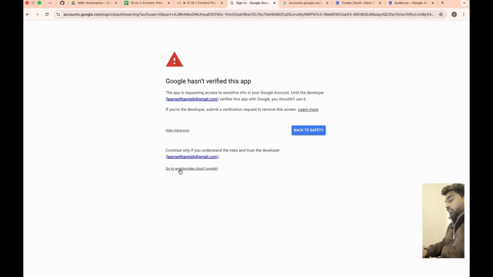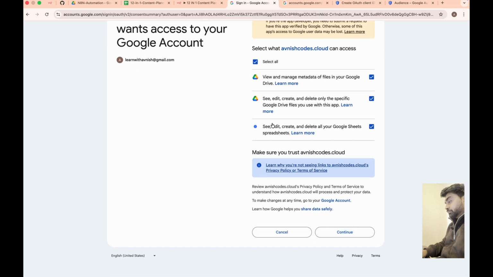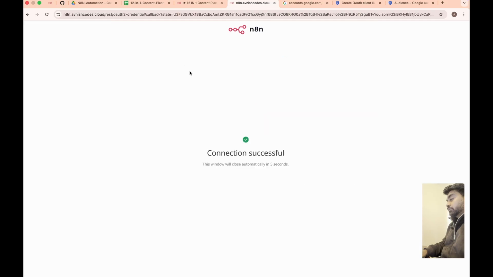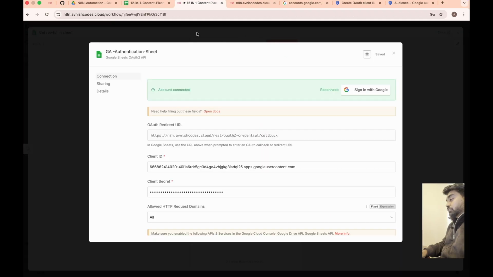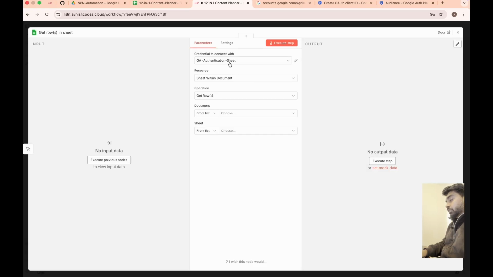Okay, so you just have to click on this, go to this website, and you just have to make sure you select all of them and click on continue. You will see this message, connection successful. Then move to this, you will see this green check in signed, then click on that, you are authorized.